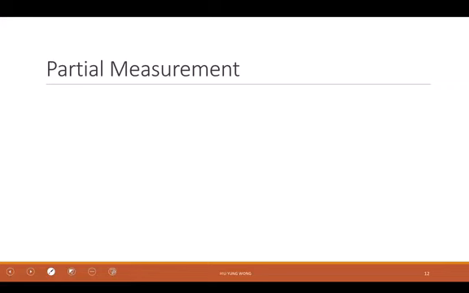I need to talk about something very important about partial measurement. We already learned the measurement, we learned the projection operator, which is fine. But now I have a lot, 2 qubits, right? Let's just review, right? For a single qubit,